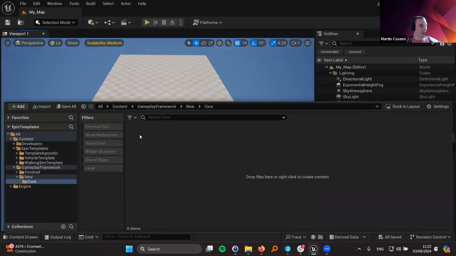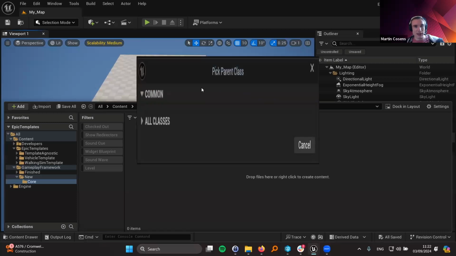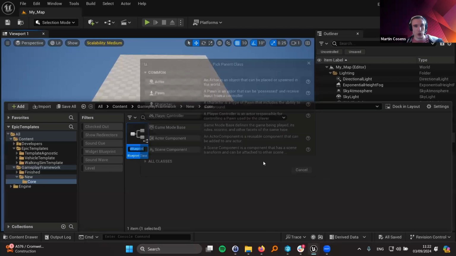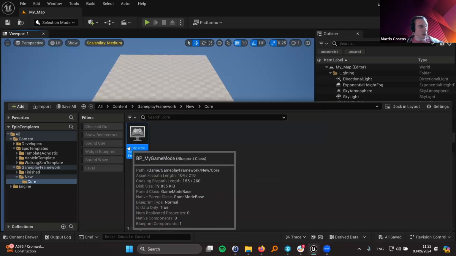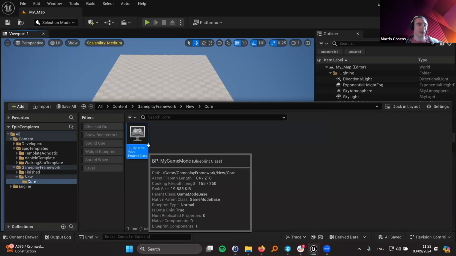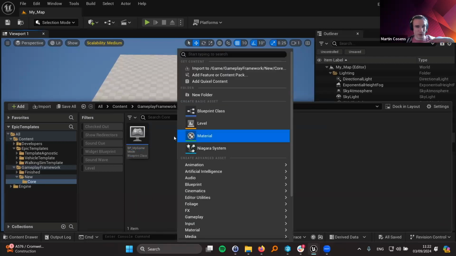This is a workflow I established years ago and hadn't realized that it's basically the gameplay framework classes I'm making whenever I do this, but it is. So we'll make a game mode class. So blueprint, game mode base, BP, my game mode. The BP is typical Unreal naming conventions. The "my" thing is just to be able to differentiate it. So that's just whatever name you want to call it. But just to keep it simple, I'm just going to put "my" at the beginning of